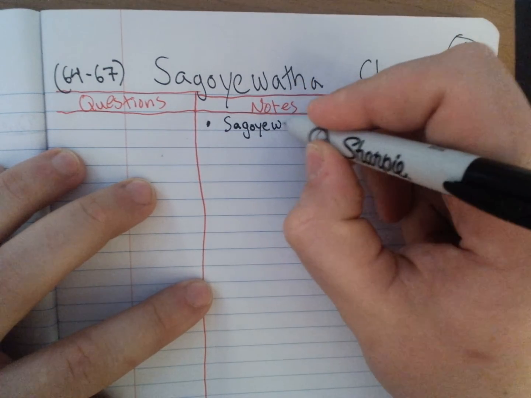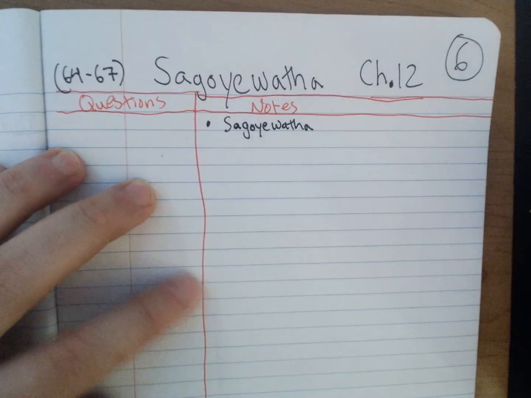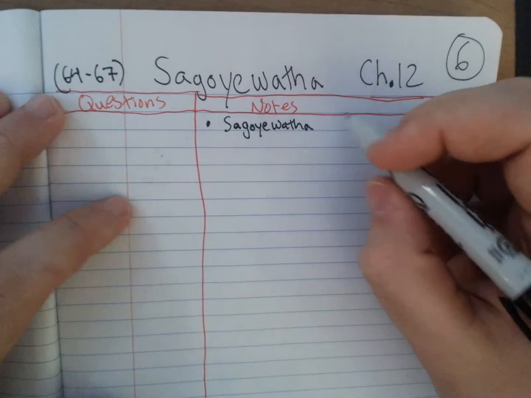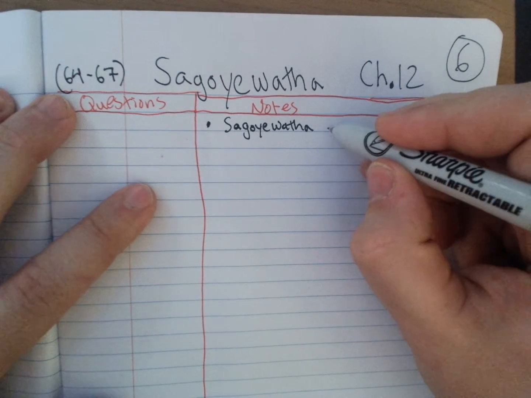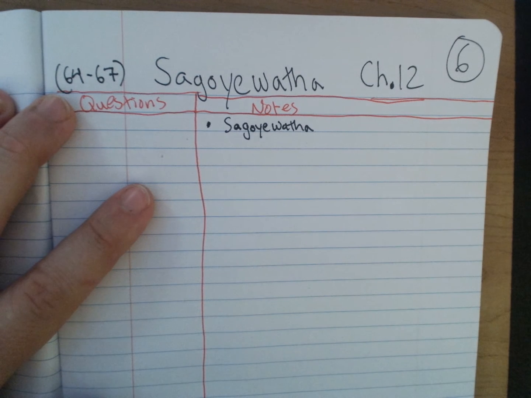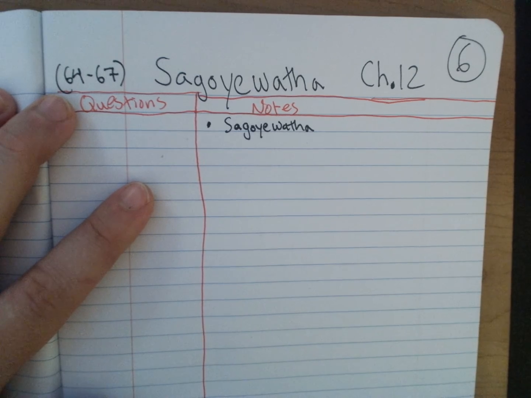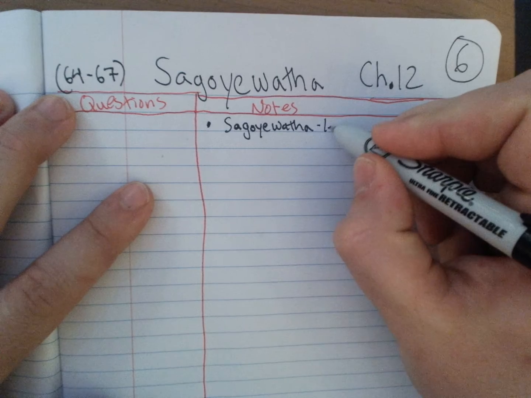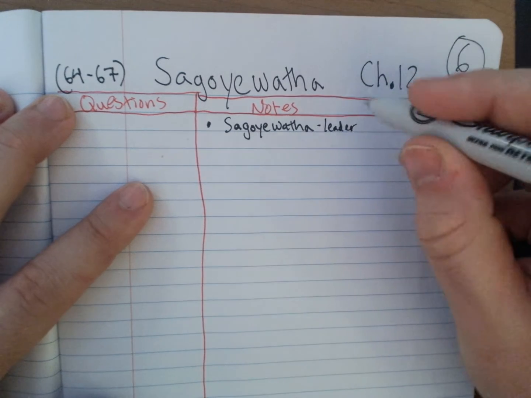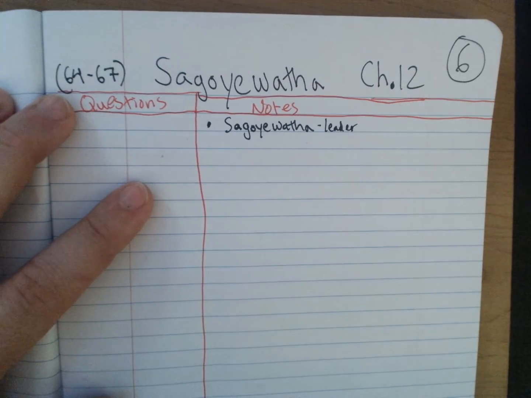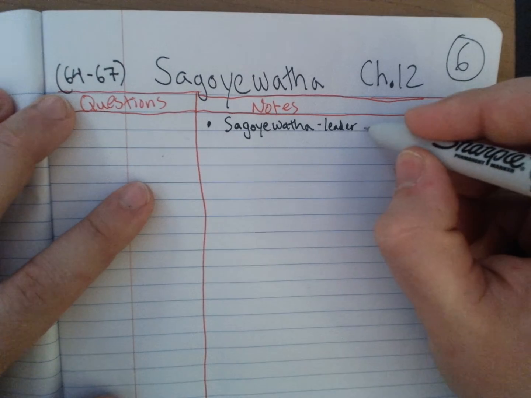Sagoyewatha. Ooh, I spelled it without looking at it that time. I get points for that. Sagoyewatha. And let's look back. It said they were Iroquois of the Seneca tribe, and their leader was the powerful orator Sagoyewatha. So, Sagoyewatha, leader, comma,